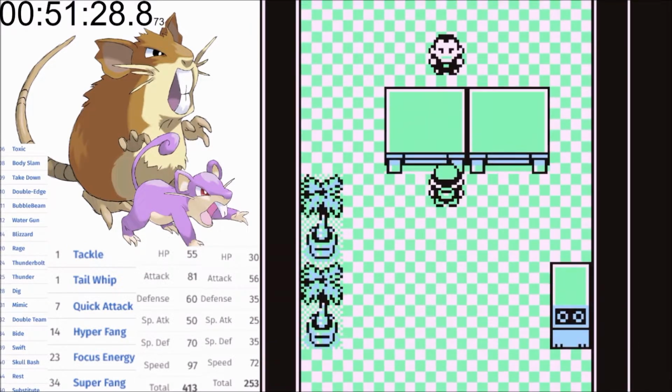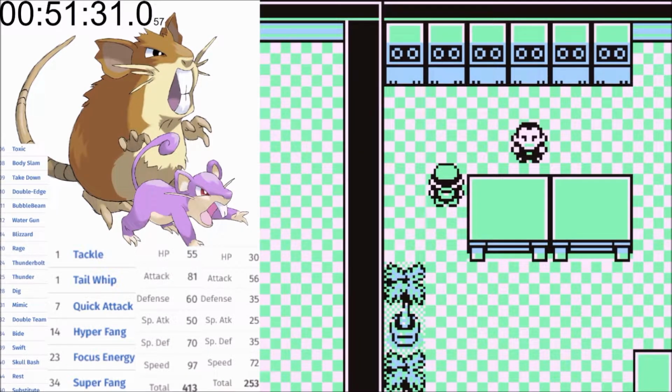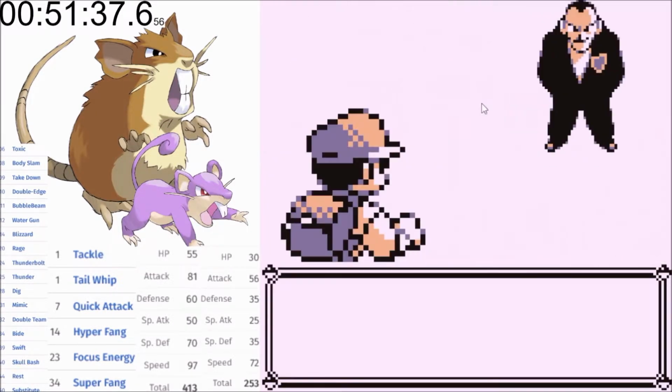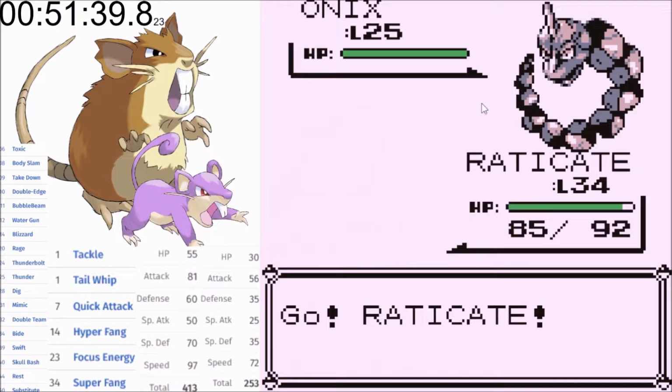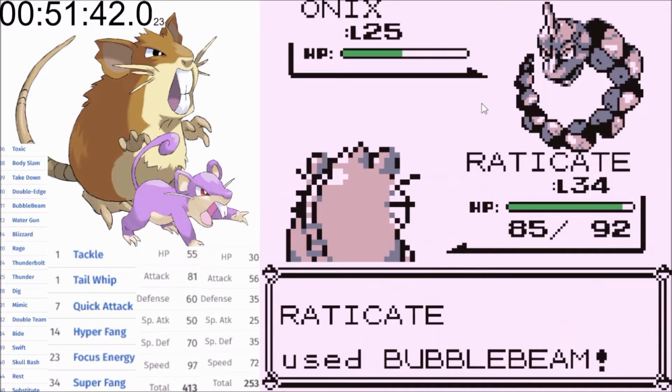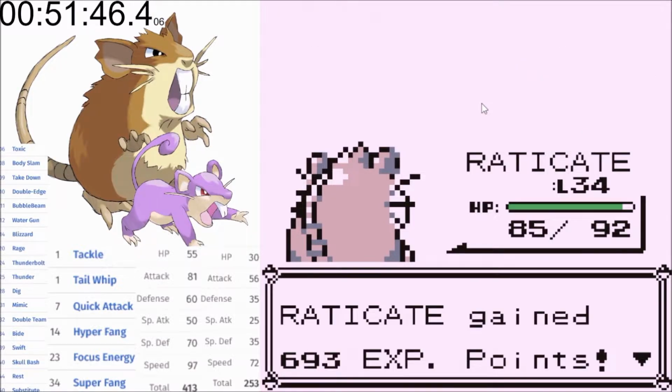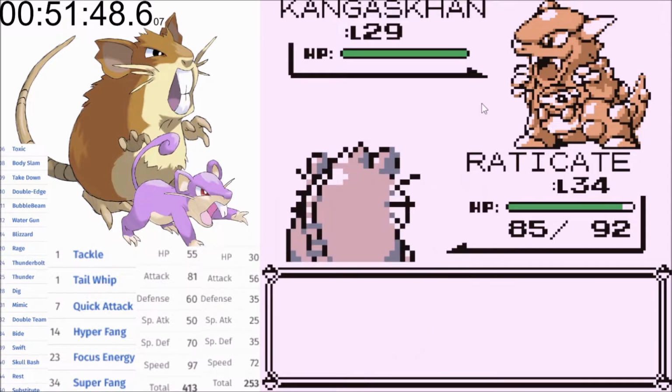So, yeah, we went through Team Rocket's hideout without taking really any damage. We're going to take some damage here because I don't think Kangaskhan's a one-hit knockout. But I'm pretty certain Onix is, and so is, what's his name? One-hit knockout, perfect. Rhyhorn, one-hit knockout, perfect. And Kangaskhan is...